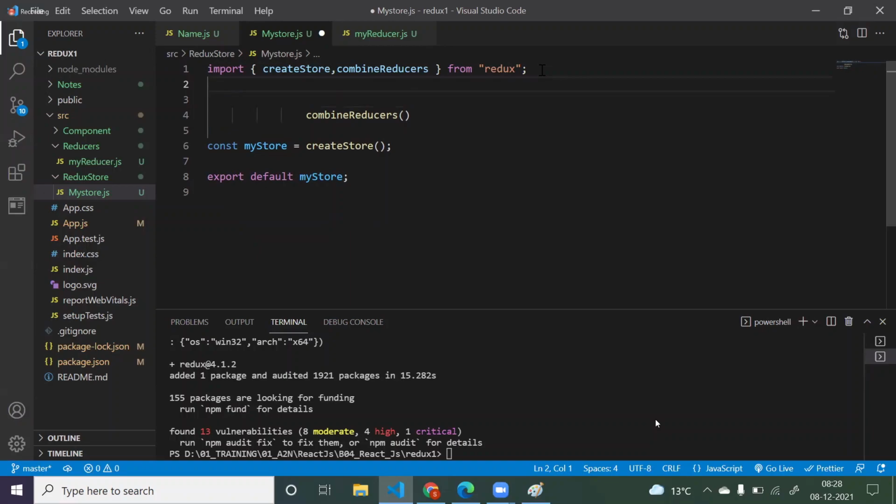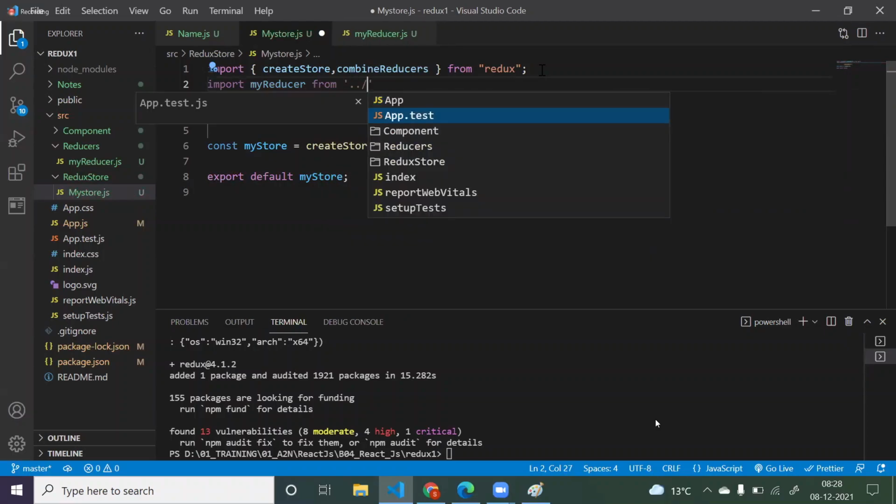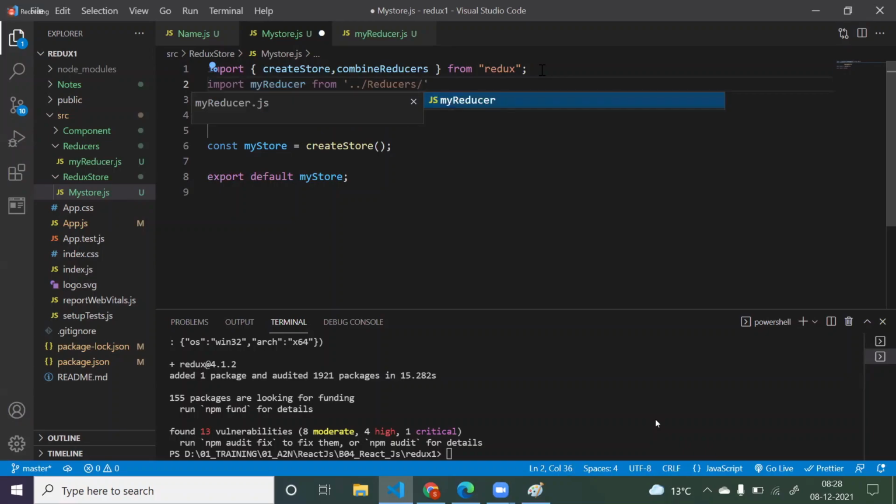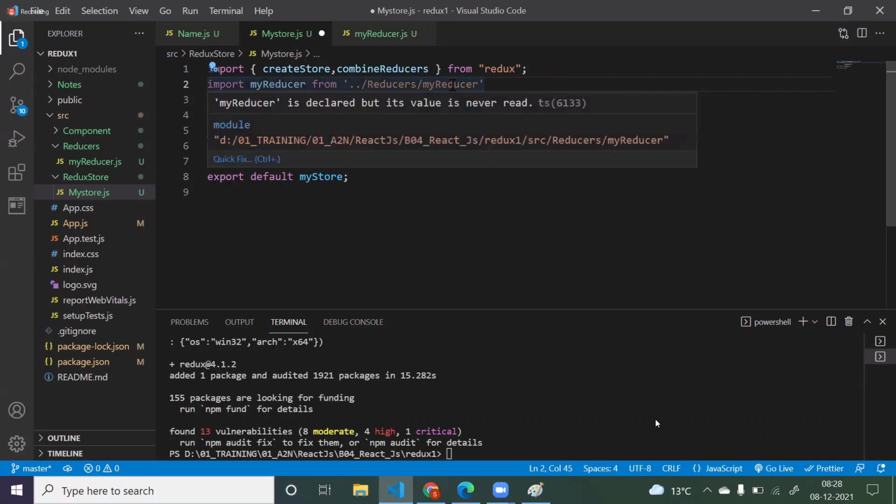Import myReducer from the reducers folder, inside myReducer. Now you have just imported your reducer and you have to register it with the store.